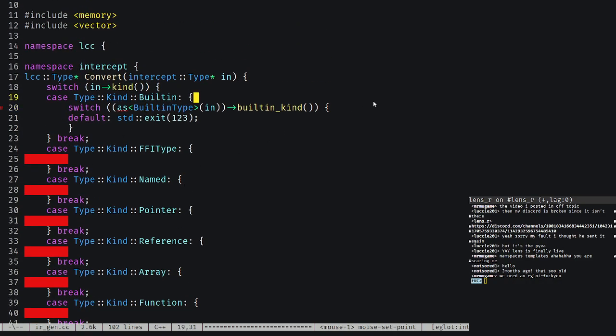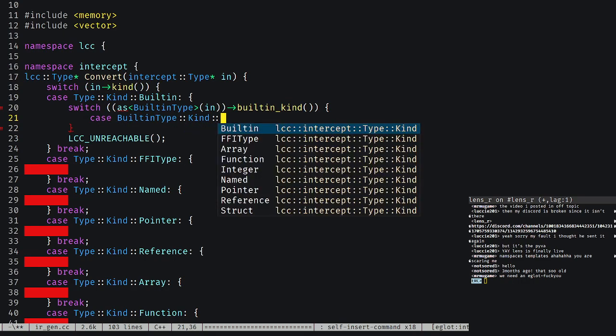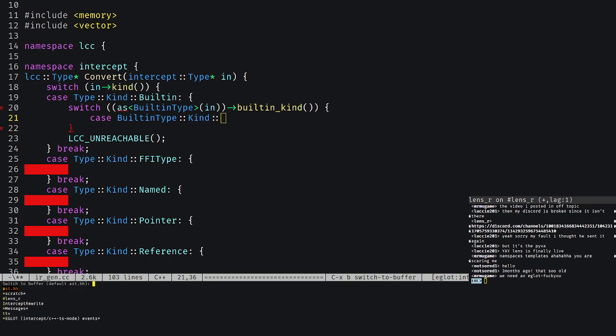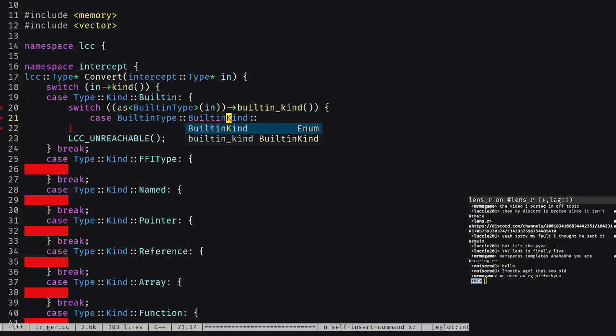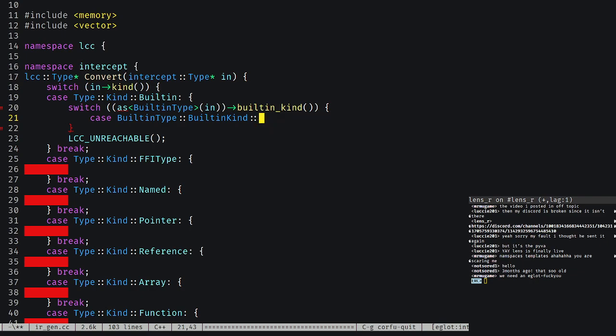Okay, so switching on the built-in type, we should probably do the same thing. And this is going to be built-in type. Yeah, these are a bit verbose. I think it's currently called built-in kind. So it's built-in type::built-in kind. We should really move that out of built-in type. I've done that for some other things, but not for that yet. So basically, bool